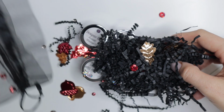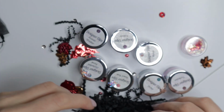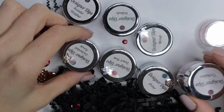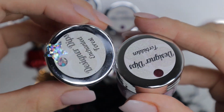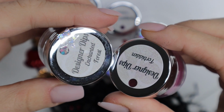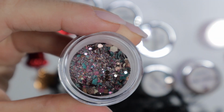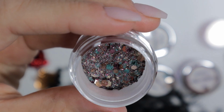And then I love these cutouts. I actually repurposed them for Halloween decorations. I really loved them, I could not throw them out. I didn't have the heart to do it. So I think this is the Enchanted Forest collection, which, by the way, this glitter is incredible,